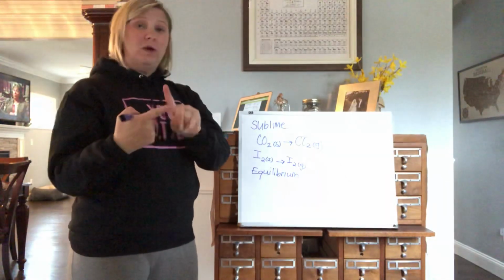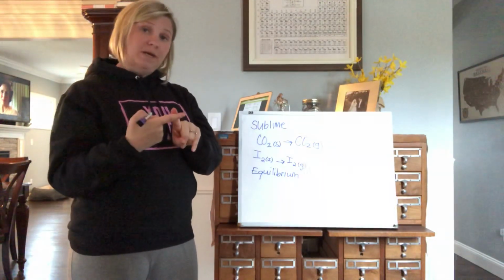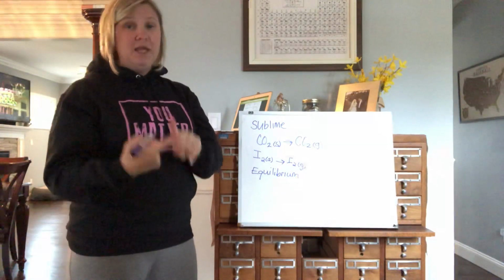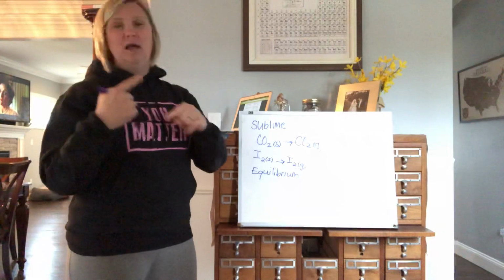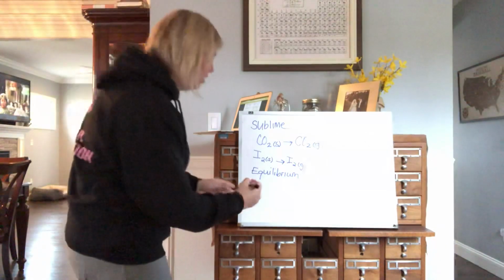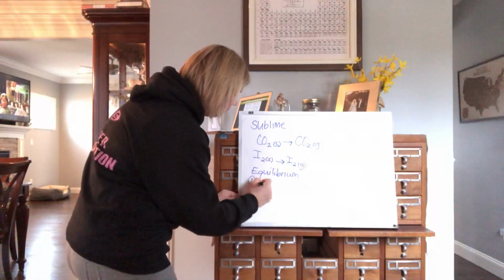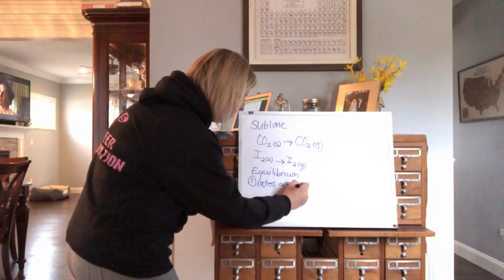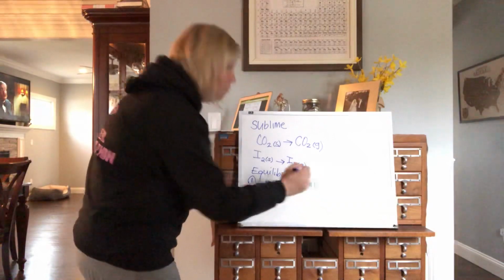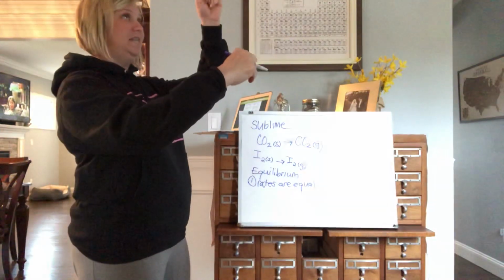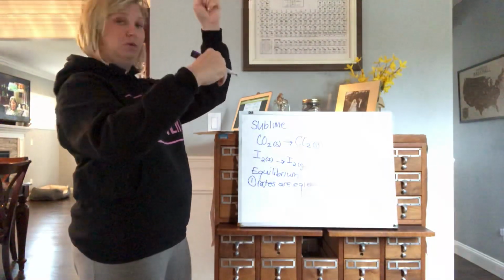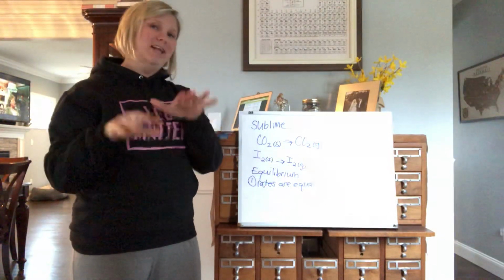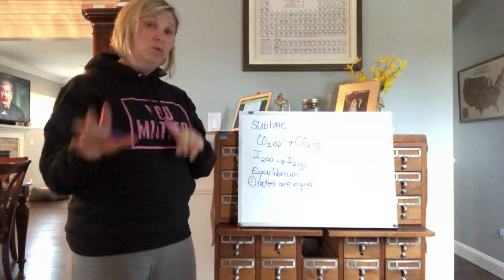This question shows up on every single Regents exam. Sometimes it's a short answer. You need to know the 2 conditions of equilibrium. If they're happening at the exact same time, which is what the condition of equilibrium is, the rates are equal. And what that means is as you go from a liquid to a gas, at the exact same time you're going from a gas to a liquid. Liquid to gas to liquid, liquid to gas to liquid. Those 2 things are occurring at exactly the same rate, which means